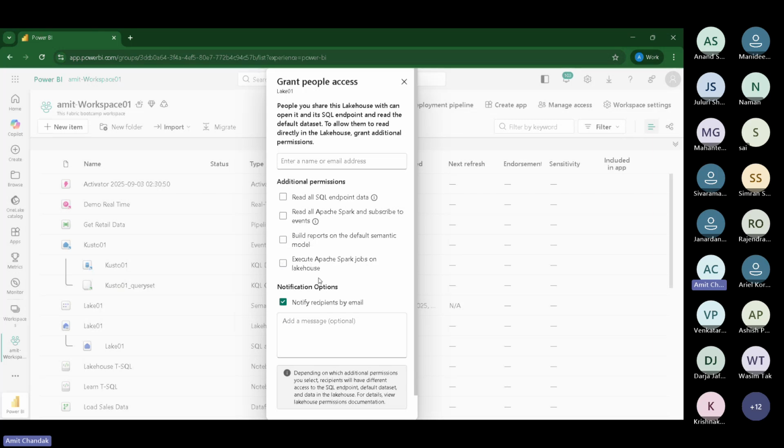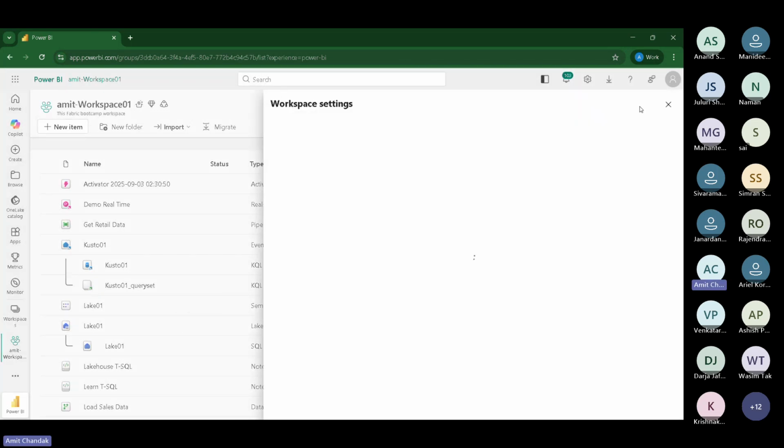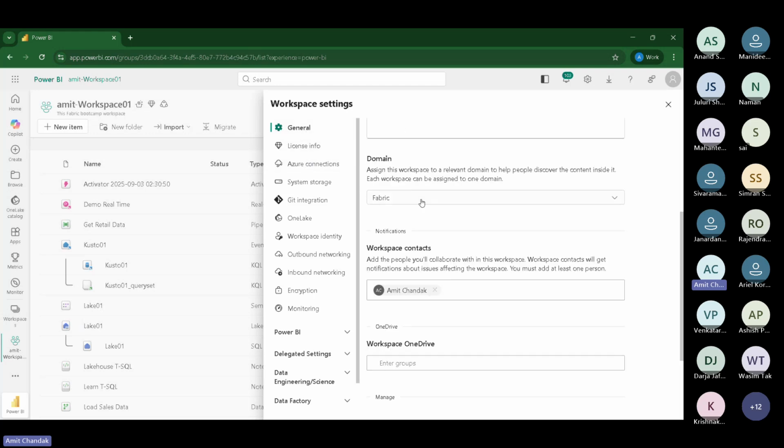Execute Apache Spark job on Lakehouse, etc. Okay, these are the main things that come here. Workspace settings. Now inside the workspace settings, the general setting is just for you to decide the domain, and